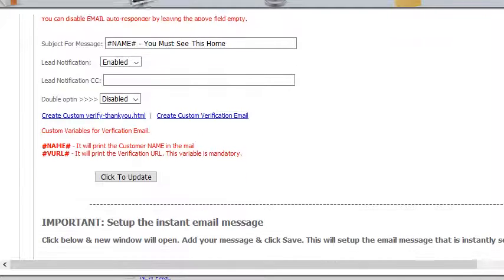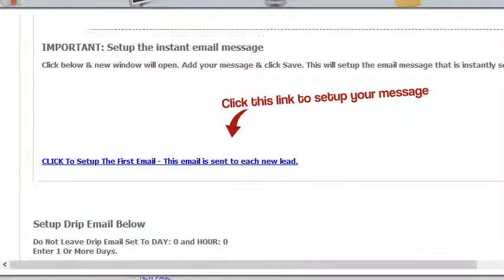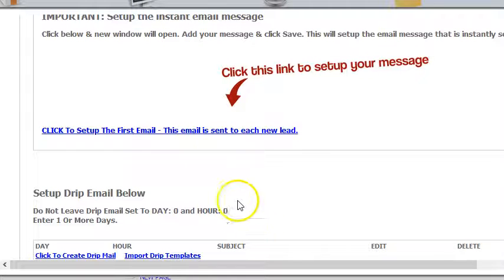Then the next step is the message. You just scroll down here. There are a couple things you could do. First is the instant message, and you use this link for that. And then if you want to set up drip, there's a couple of options here. I'm just going to set up the instant message. So just click this, and you see it's just a blank editor, and then just type in here like hello. And again, I'm going to use that code because it calls out their name, hello, your name, and then just add content here,